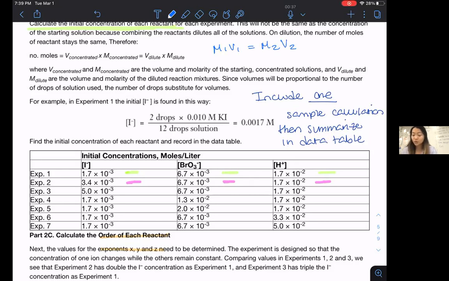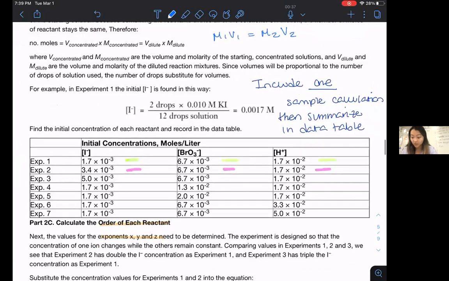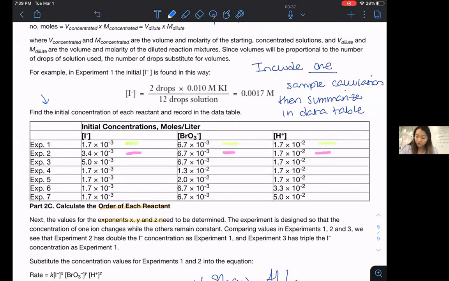And then you'll do it for your bromate drops and then for your acid drops. All right, so you have to do this calculation 7 times for each of the 3 reactants, which means you're doing 21 of these calculations, setting up a table with 21 values. Notice, these are a good judge for you to compare. Use this table to judge your own values